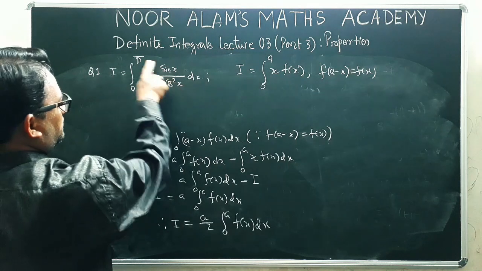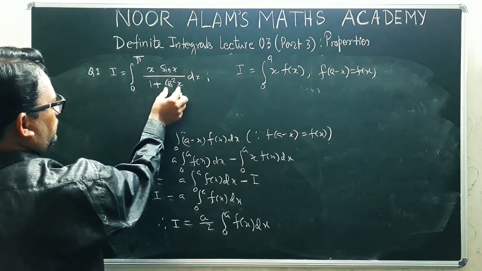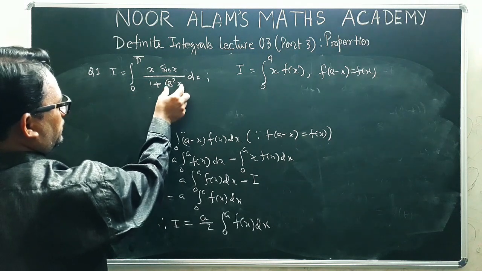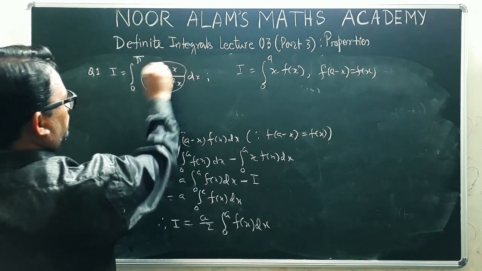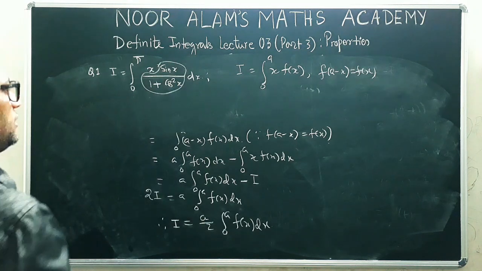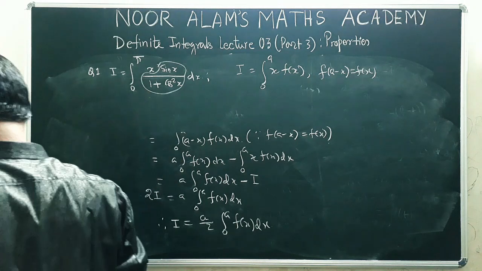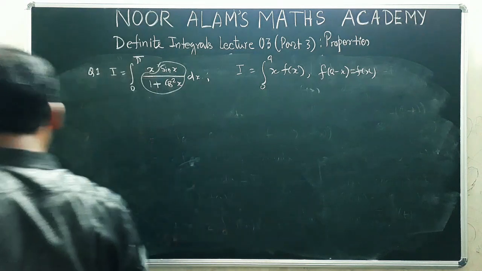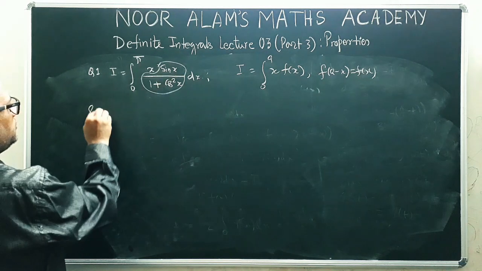If you replace x by pi minus x, you get the same function again, sin x, and cos square of pi minus x will be again minus cos x whole square, so again you get cos square x. Therefore this function will not change when x is replaced by pi minus x. So we can use this technique in this problem. This problem is called a problem based on removal of x. Now the solution.